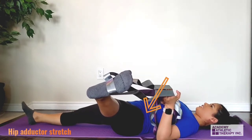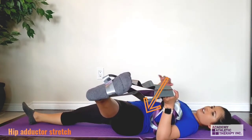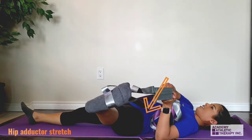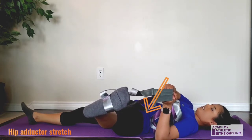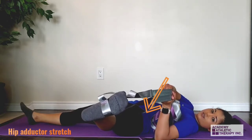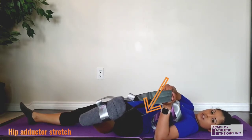And you're just going to keep nice and straight. Again, keep your hips, keep your back flat on the ground. Okay. And yep, there's my hip letting go there. Now stretches can last between 10 to 30 seconds. That's what they've done research on. So whatever tickles your fancy, you can go longer if you want, but we're just gonna be doing this longer,